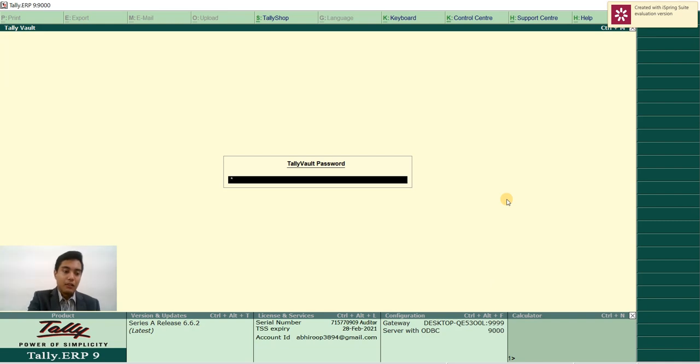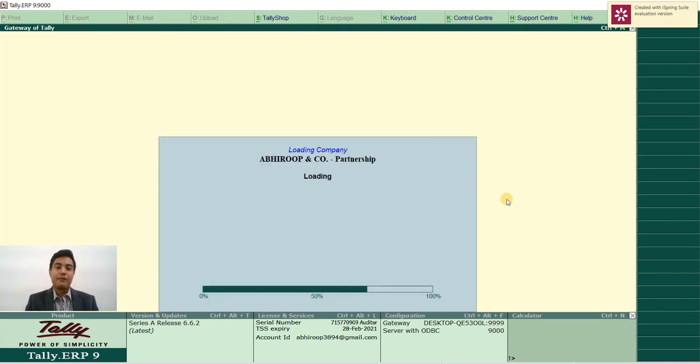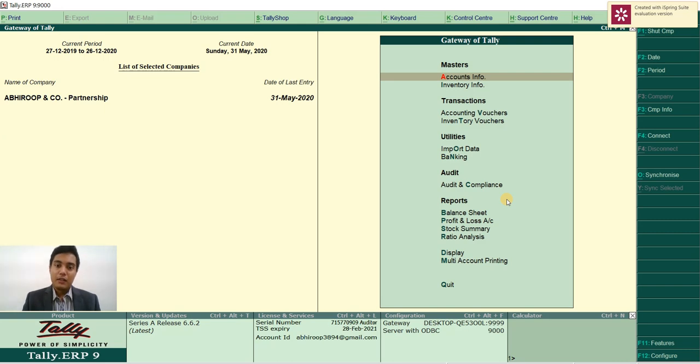Again I have to log in. First I input my password, then the user ID which I had created. Now this data has loaded, in which I have enabled my TSS feature and also altered my advanced configuration. Now the next step is I have to enable my users. I have to give rights to my users. So for that I need to access my control panel. To access the control panel you do Control plus K.